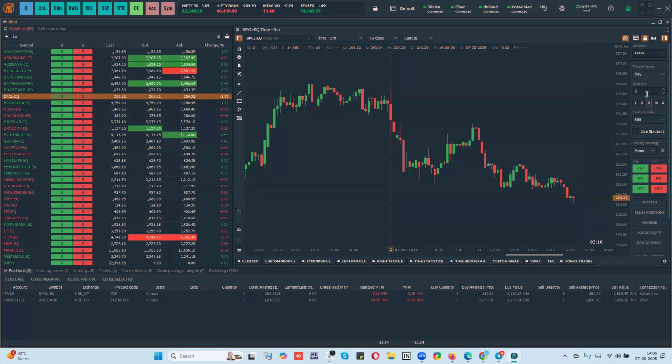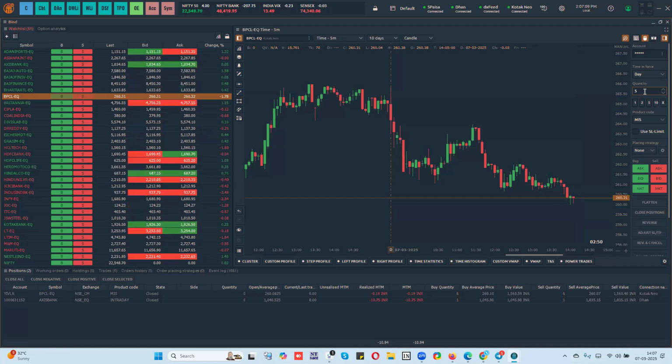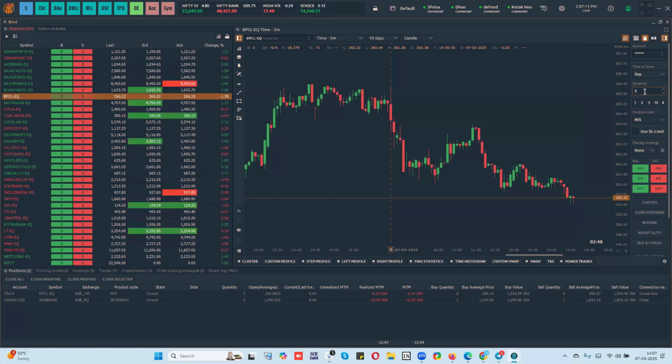So you can predefine the quantities. I will come back to the predefined quantity option, what all customization that you can do with regard to quantities. There are plenty of customization available. You can even save templates for different kinds of product that you trade. So if you're trading Nifty or Nifty options in a certain way or certain quantities, or Bank Nifty in a certain way in certain quantities, you can customize that and have your templates designed for that. I will come back to the templates later, but I'll first focus on the basic functionalities of trading.